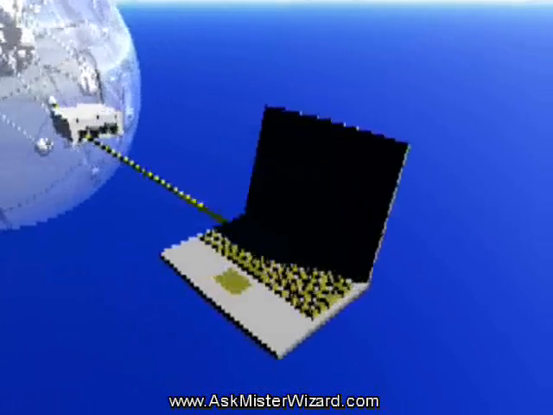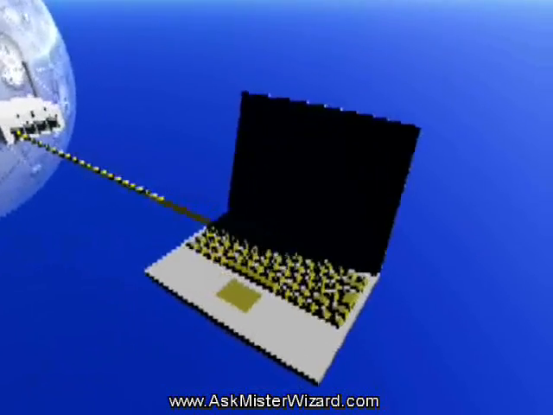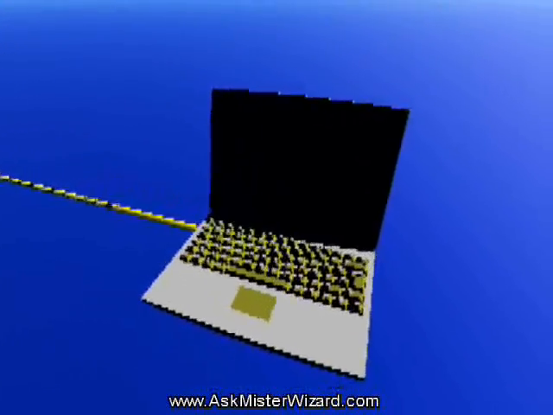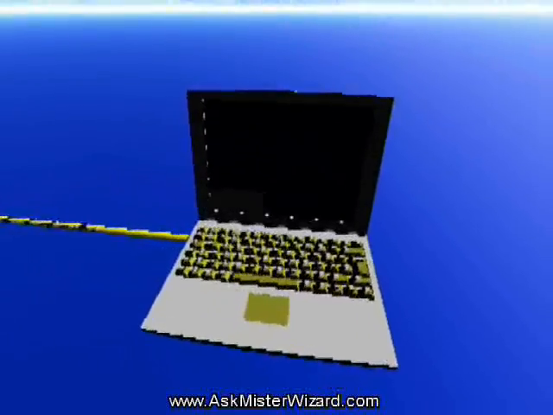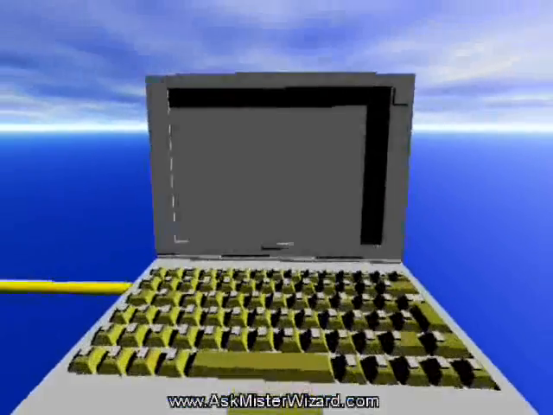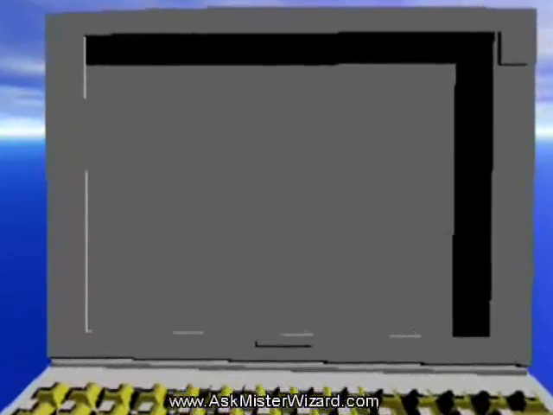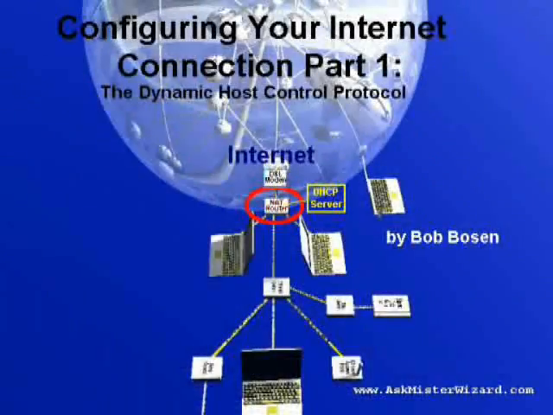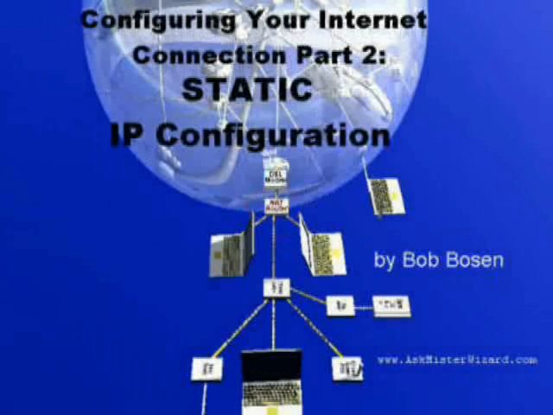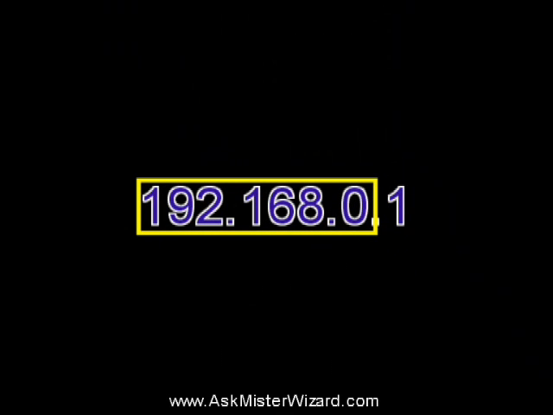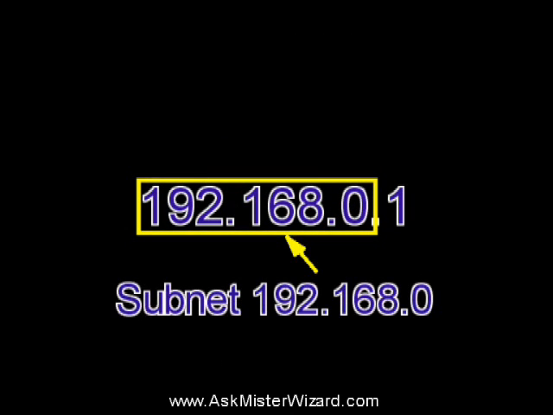Because we haven't yet communicated anything meaningful with the new residential gateway, we can't configure it. So if it's not on the same IP subnet with your PC, then we'll need to change the PC to the gateway's subnet. You can learn a lot more about IP addresses and subnets by watching other movies in the Networking Fundamentals section at AskMisterWizard.com, but for now, it's sufficient to assume that your IP subnet consists of the first three sections of your IP address, like this: